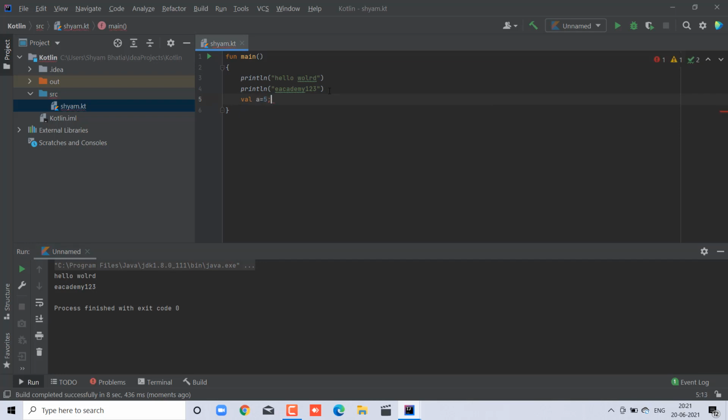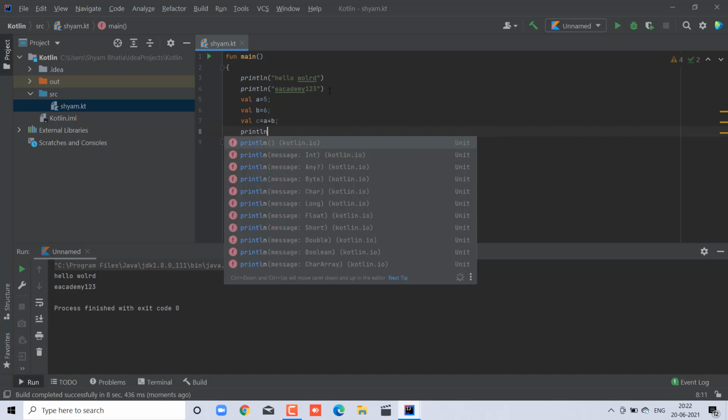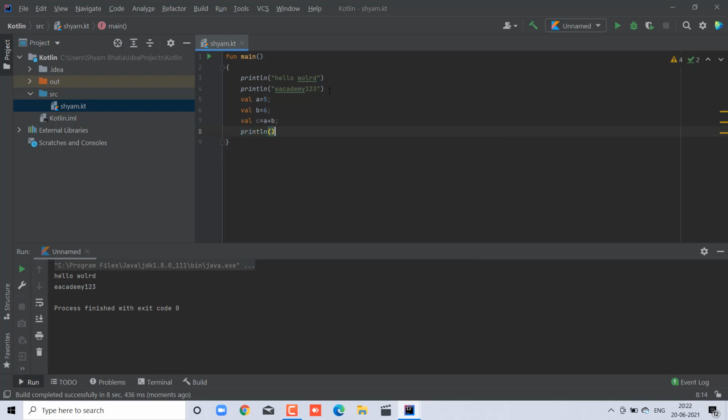Now come here. Take a variable, val a equal to, let's say, 5. Again val b equal to 6, ending with a semicolon, which is optional, and val c equal to a plus b, ending with a semicolon, which is again optional. Use println, and if you only use print, then a new line will not be initiated.